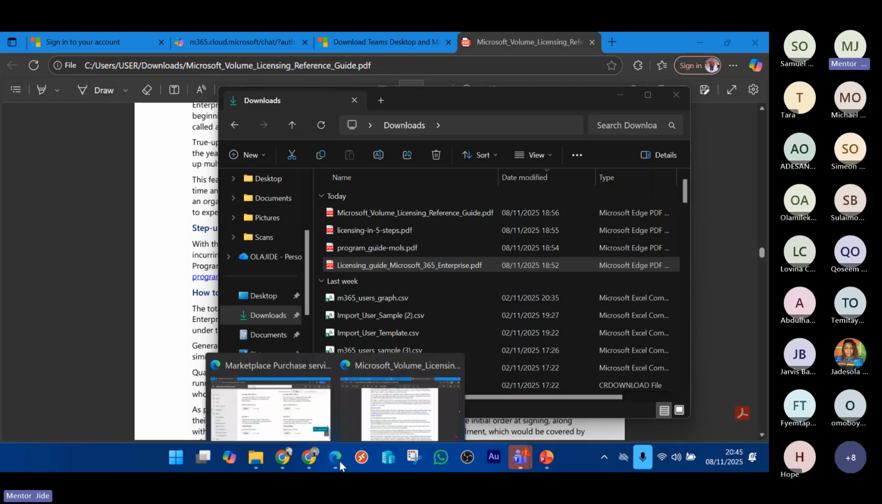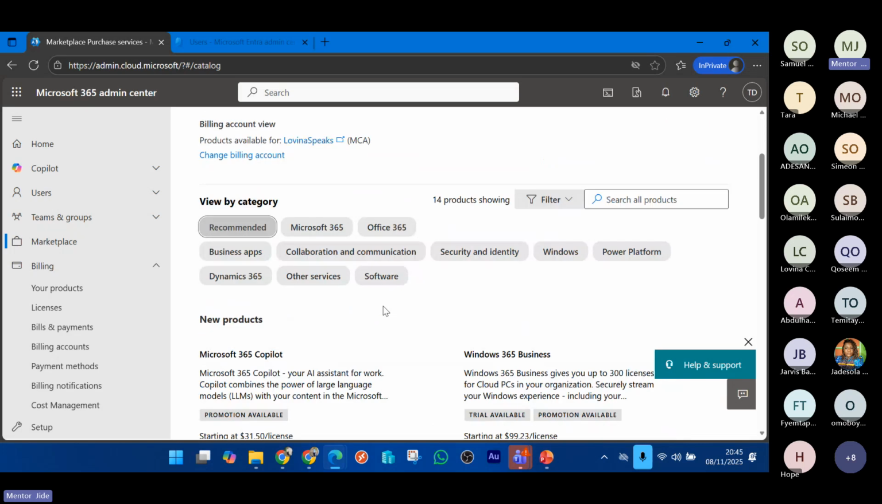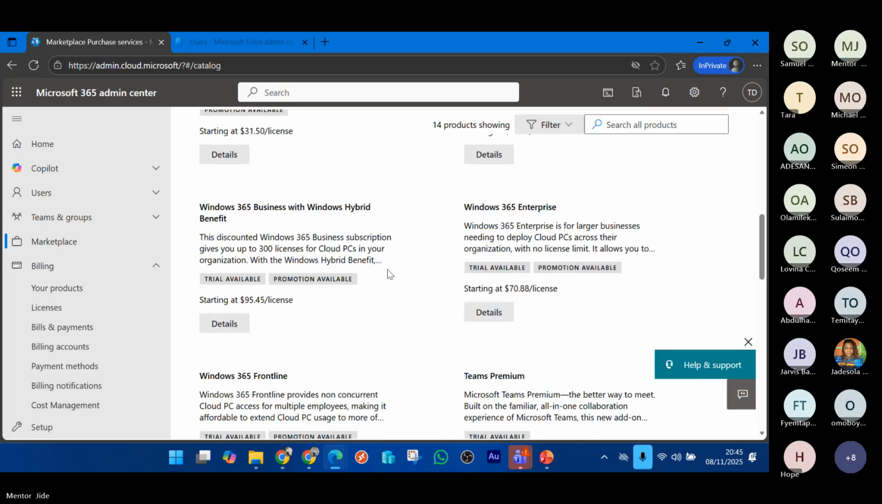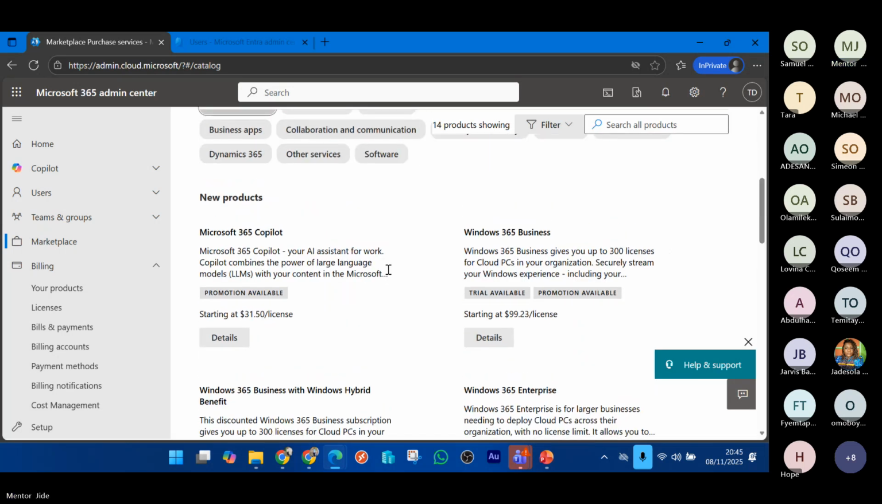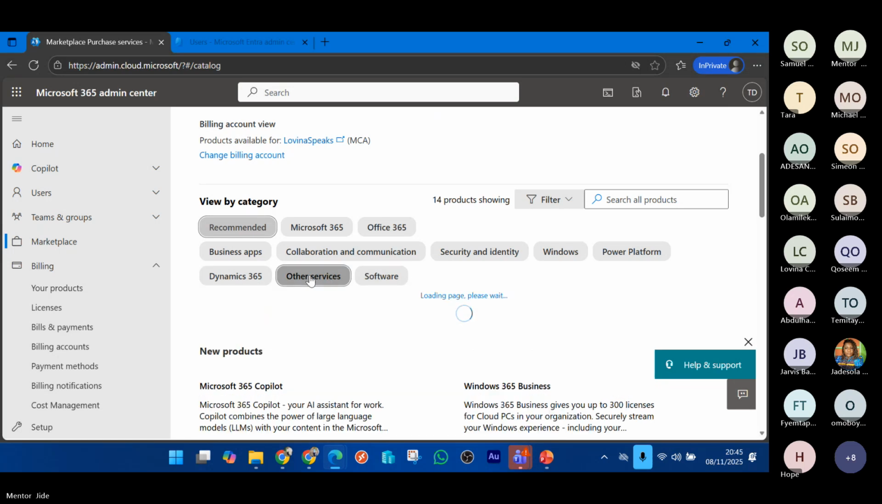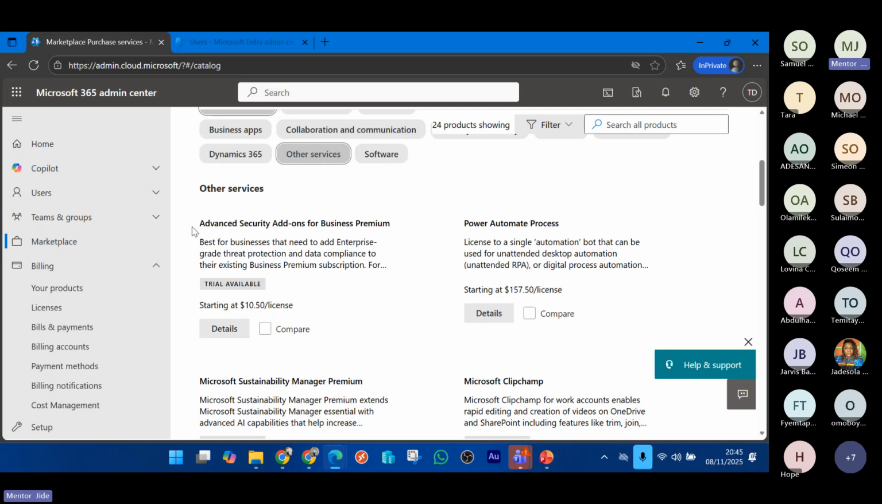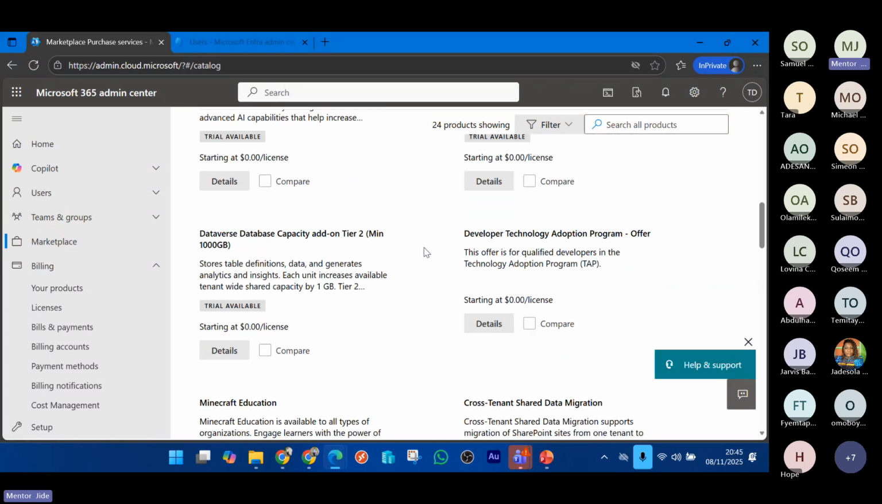Okay, so let me come back here. I think there should be an option for add-ons at the top. Want to filter? There used to be add-ons here. Oh, which tenant am I? Yeah, this is the right tenant now. Other services. Okay, can you see this? Advanced security add-ons for business premium. You see a lot of add-on